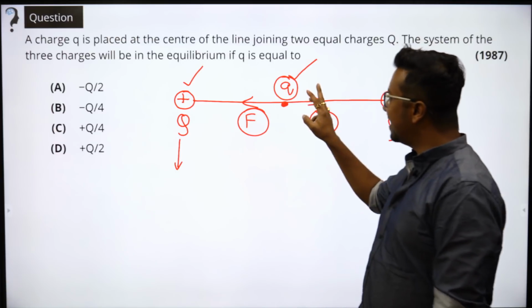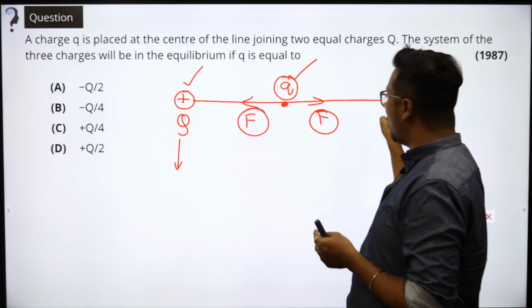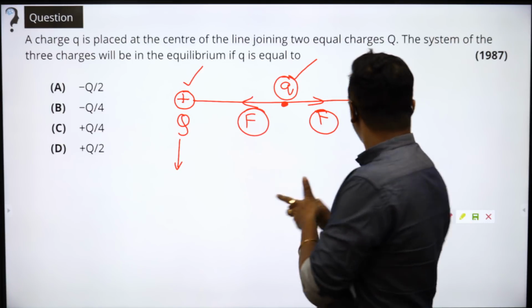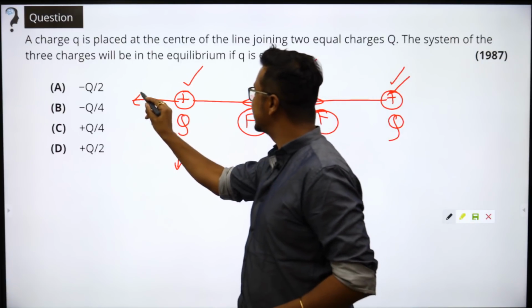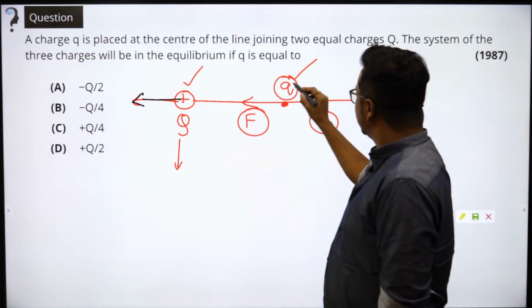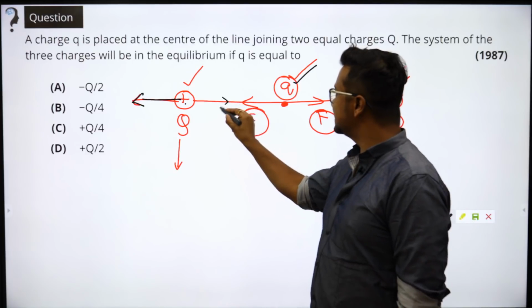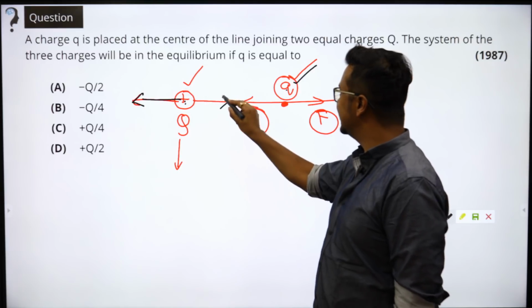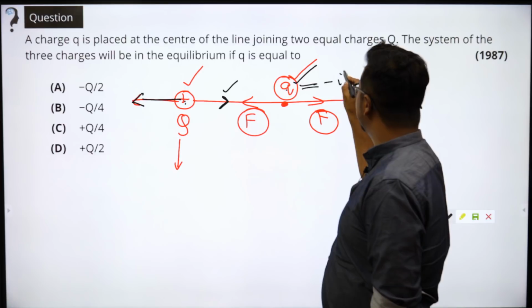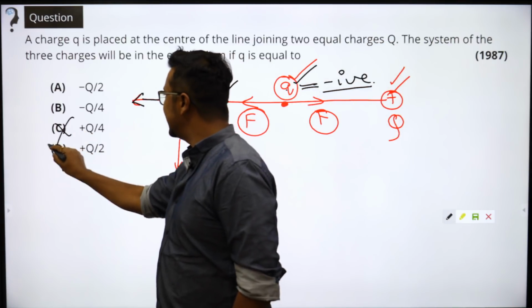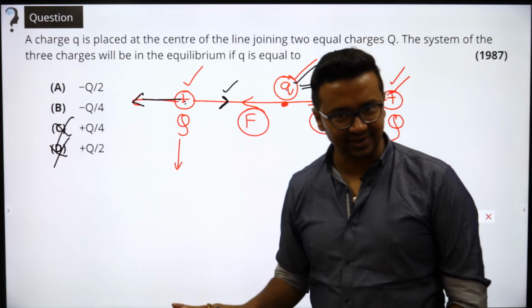आप यहां पे देखो कि now I am going to find out कि चार्ज आपका पॉजिटिव होगा या फिर नेगेटिव होगा. क्लियर? फॉर दिस दे आर सिमिलर, सो दिस इज गोइंग टू हैव अ फोर्स ऑन दिस इन दिस पर्टिकुलर डायरेक्शन. ठीक है. ये इसके ऊपर फोर्स एक्सर्ट करेगा इन दिस डायरेक्शन. सो दिस शुड एक्सर्ट अ फोर्स इन दिस ऑन विच डायरेक्शन टू मेक द नेट फोर्स इक्वल्स टू 0? इन दिस डायरेक्शन. इसके कारण इस पे जो फोर्स होगा इट इज गोइंग टू बी इन दिस डायरेक्शन. राइट स्टूडेंट्स? अब इस डायरेक्शन में फोर्स होने के लिए दिस शुड बी डेफिनेटली नेगेटिवली चार्ज्ड. सो ऑप्शन सी, ऑप्शन डी, नो. ऑल राइट. ऑप्शन सी, ऑप्शन डी आंसर नहीं हो सकता ना.